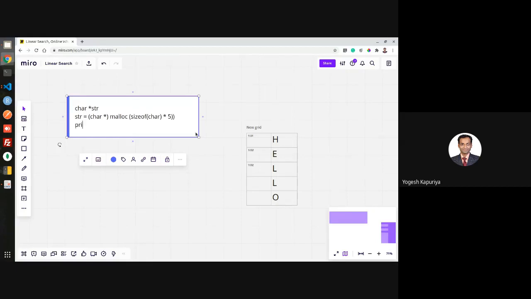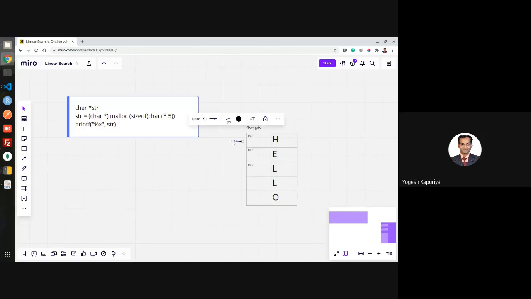So str will be assigned some value. If you type printf percentage x, I don't know the exact format, maybe hex, percentage x, str, then it will actually tell you the exact location of str.